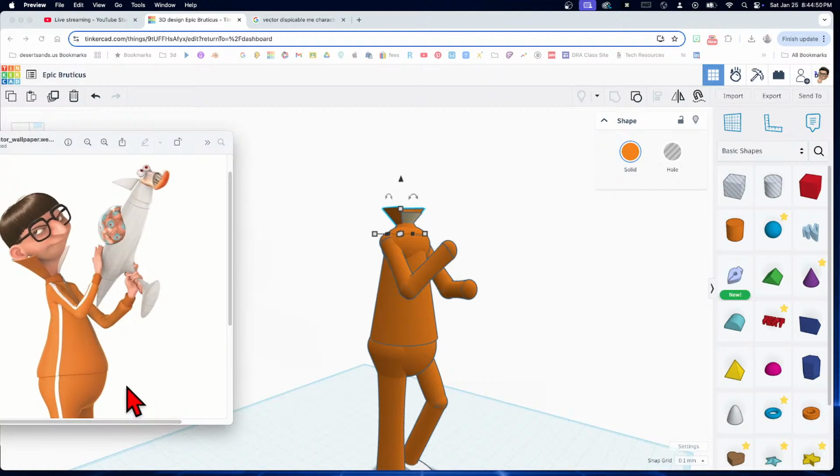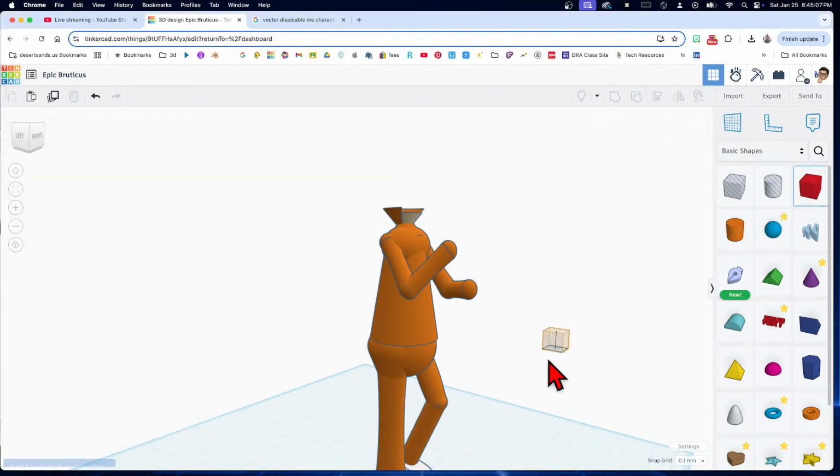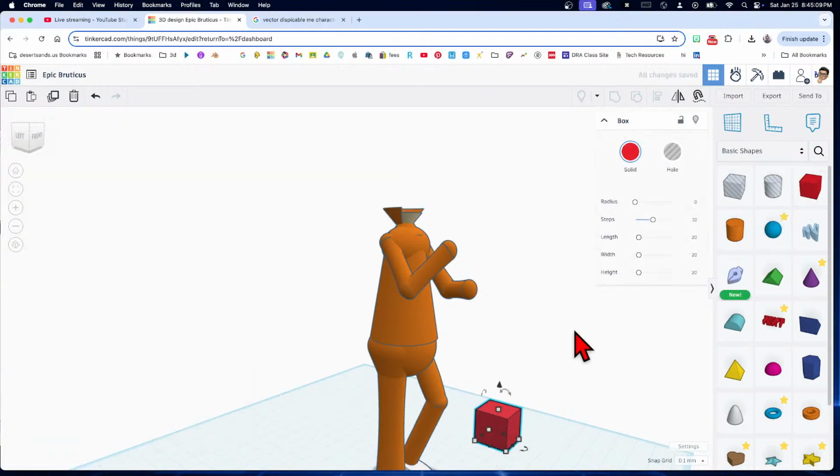Not round at all. What shape do we have here? Anyone? Okay. You know what shape I'm thinking? I'm thinking a cube. Now, he doesn't have a cube for a head, but what he does have is